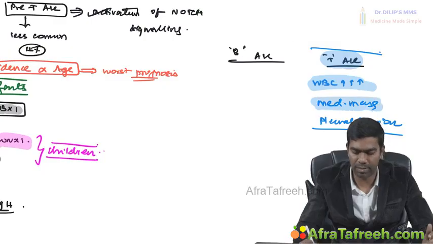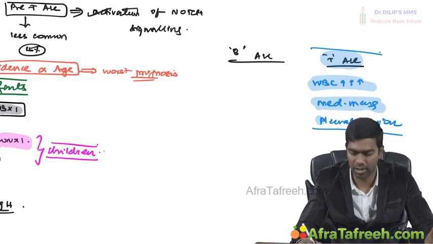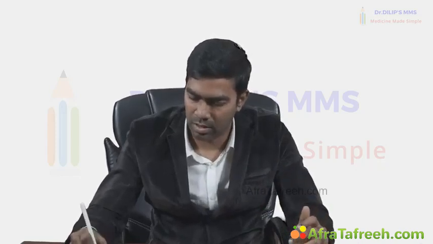I'm not telling you the WBC count will be very low, but to be honest, WBC will be extremely high in T cell ALL compared to B cell ALL. Most of the time when ALL comes with a mediastinal mass, it's supposed to be T cell ALL, and if ALL comes with a pleural effusion, again it's supposed to be T cell ALL. That is the meaning of this. It's not that these will be seen only in T cell ALL. All these things can be seen in B cell as well as T cell ALL. Clear?